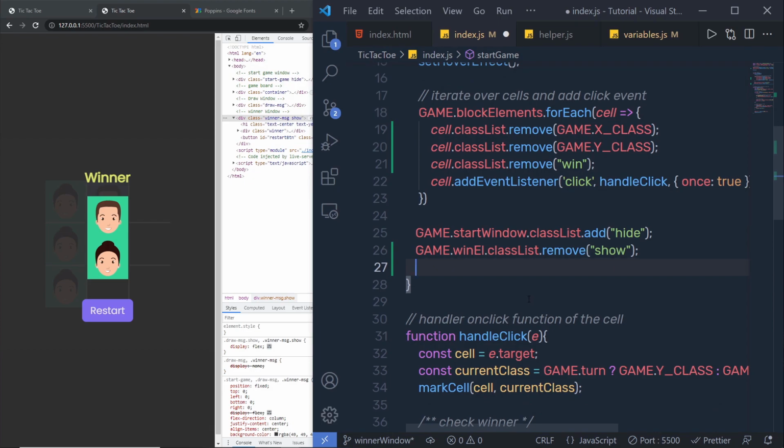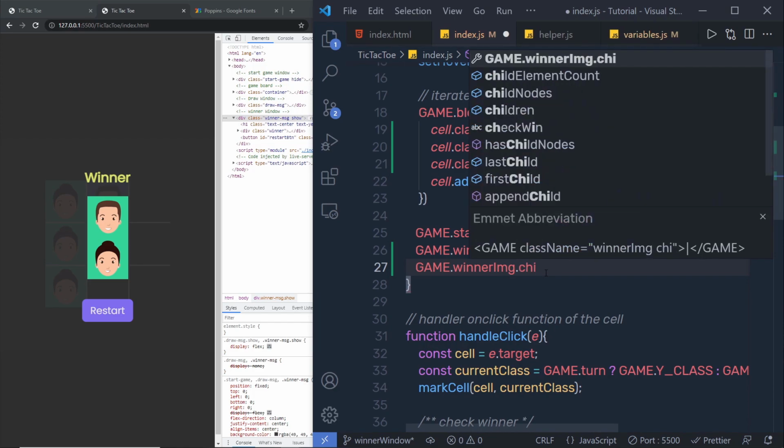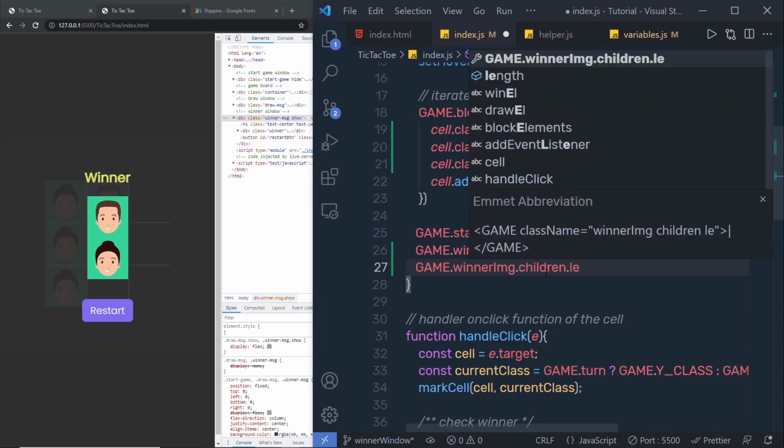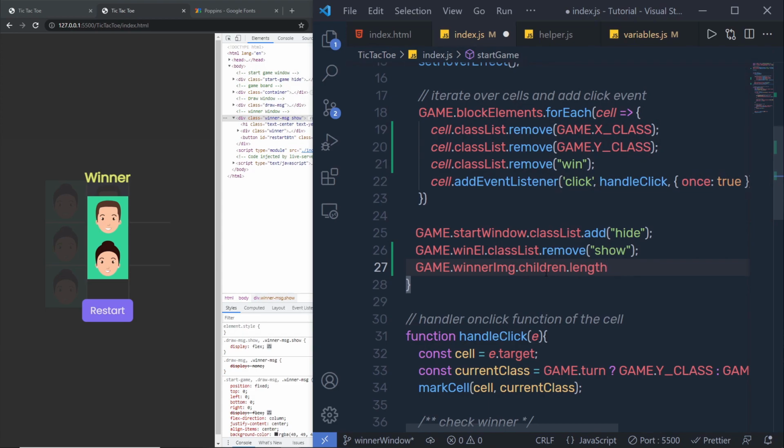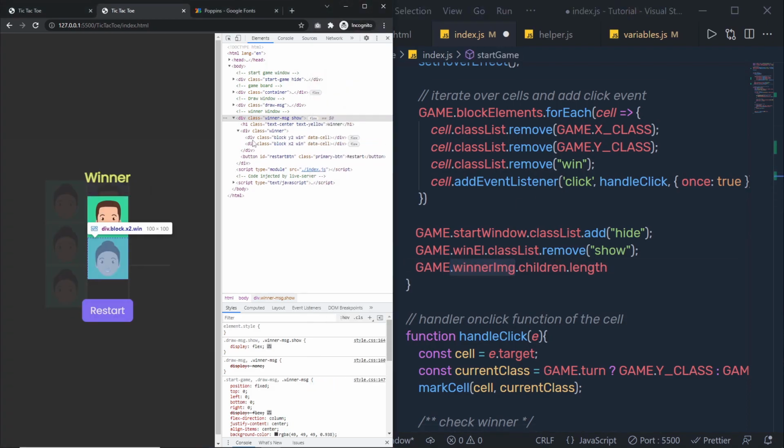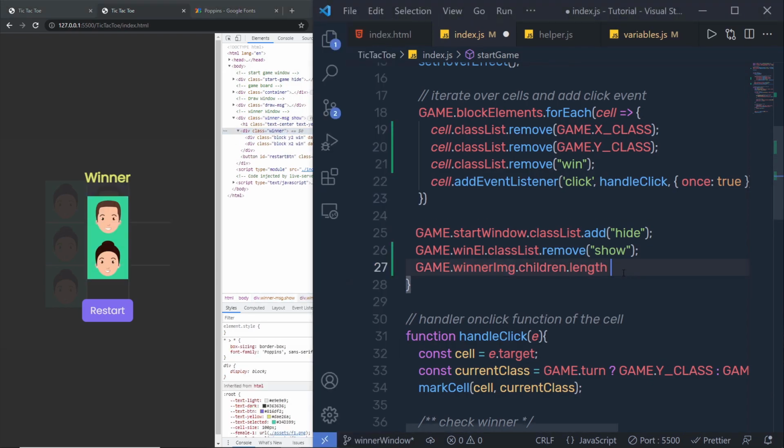I'm going to add here a statement called game.winImg. I'm going to get this element, this winner img.children.length. I'm going to check whether we have any descendant element of this winning img, means I'm going to check that if we have any descendant element to this winner div, then execute this if statement or execute the else statement. So in the if statement, if we have any descendant element of the div, I'm simply going